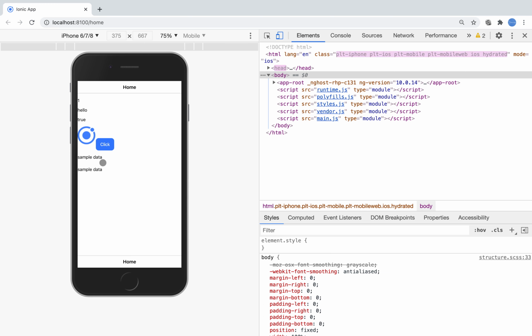So first of all, it is displaying sample data, the same thing that is displayed inside the expressions here. Now I'll try to change it. See here, when I change it, the data in the variable is refreshed automatically, and with the expressions we are displaying the data. In this way you can use two-way binding.